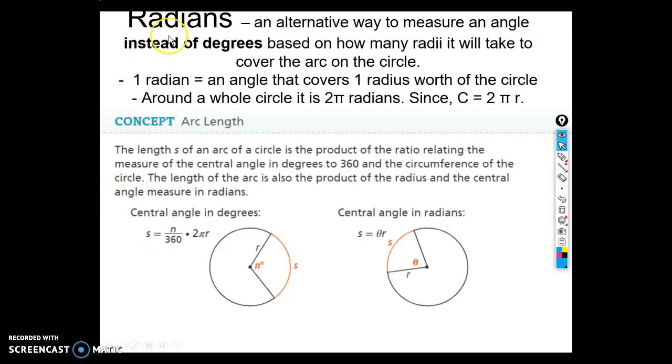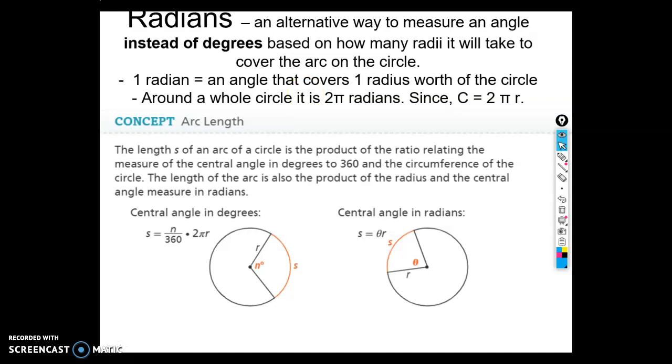All right. So what radians are first, okay? It is another way that you can measure an angle besides degrees, all right? And it's based on how many radii it will take to cover an arc of a circle. So for instance, 1 radian is equal to an angle that will cover 1 radius worth of the circle, okay? I know it seems a little bit crazy, but it's a way to relate an angle to a length